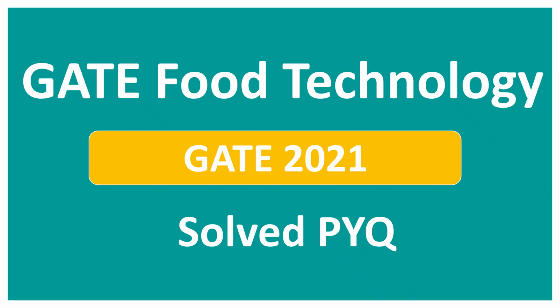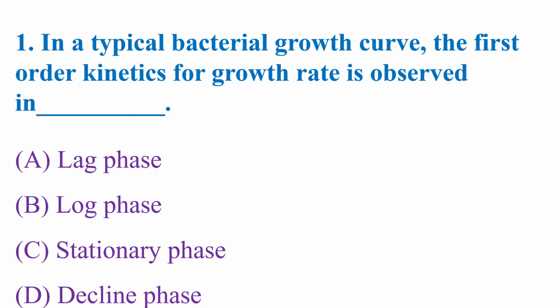So today we'll be solving the GATE 2021 Food Technology subject. So let us start. Question 1. In a typical bacterial growth curve, the first order kinetics for growth rate is observed in: lag, log, stationary or